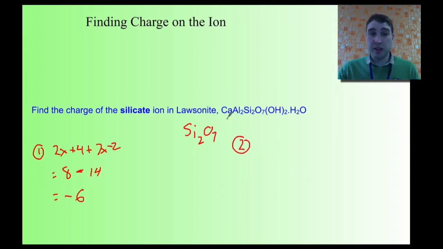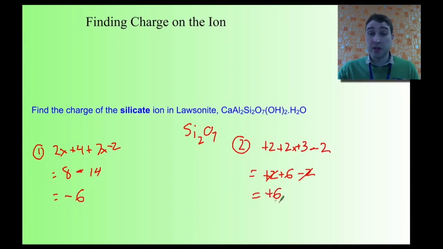So I'm looking at the things that are out in front. I've got a calcium. A calcium has a charge of +2. I've got two aluminiums, and each aluminium is +3. And then I've got two hydroxide ions at the end here, and they have a charge of -2. So I've got +2